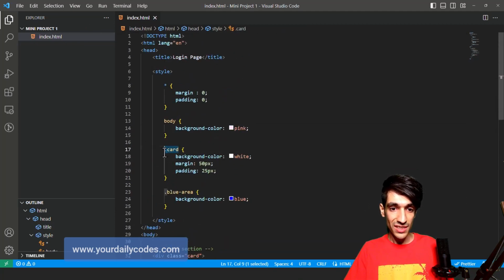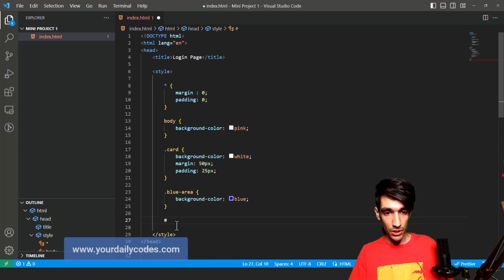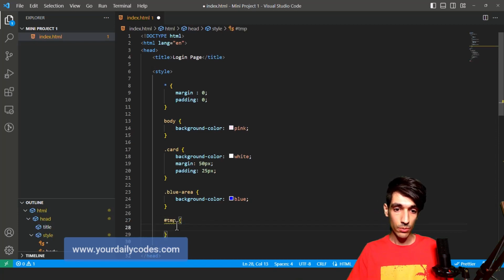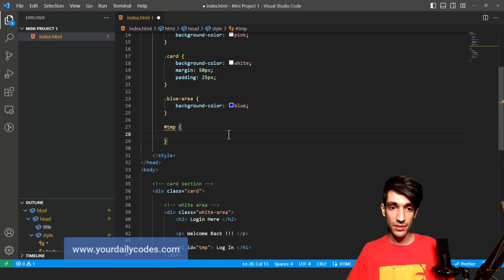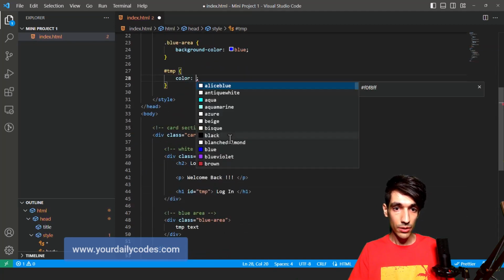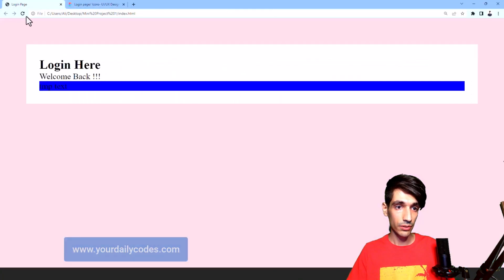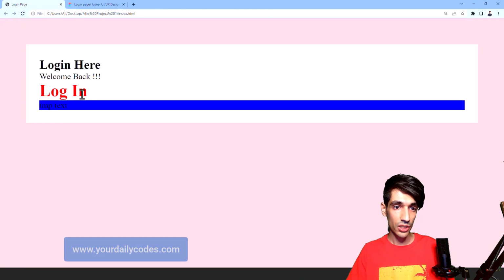And since we select classes with dots, we select IDs with another character, the hashtag or pound, whatever you call it. So I can select hashtag temp, and I can say color, for example, red. But I will clean it up in the future, don't worry. Hit refresh, and as you can see, that login is in red color.